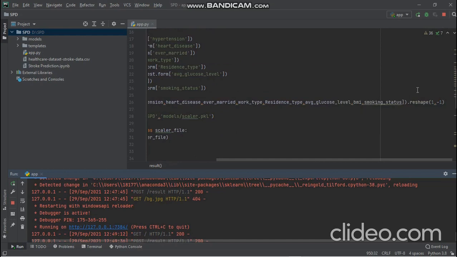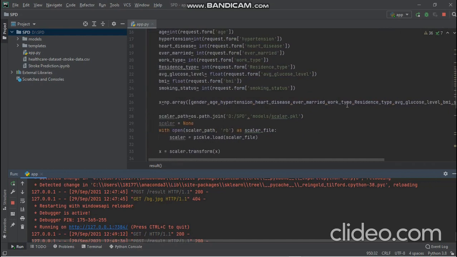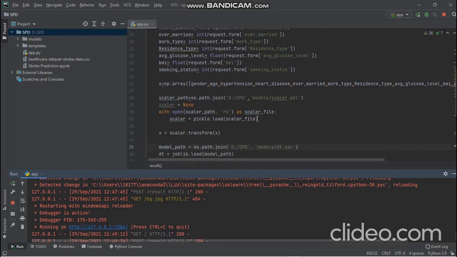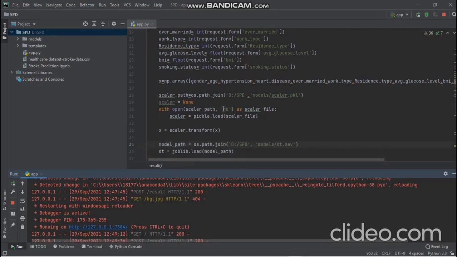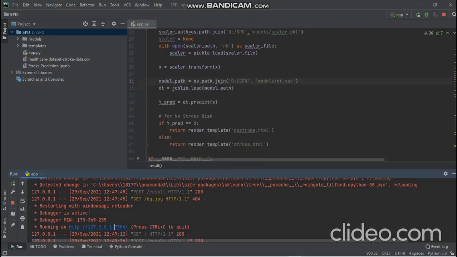Now scalar path is used to scale, and then join the root path and the models path. Now scalar is defined as none, and then opened the scalar path as read binary and then loaded the data over here. Now using transform, the values have been transformed.